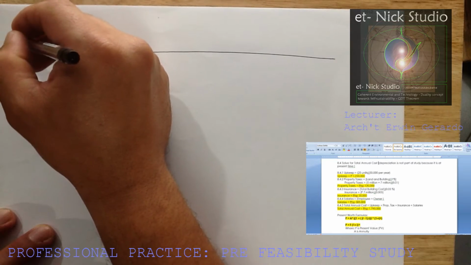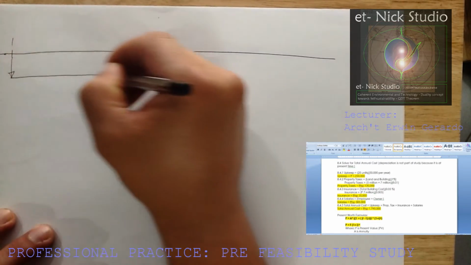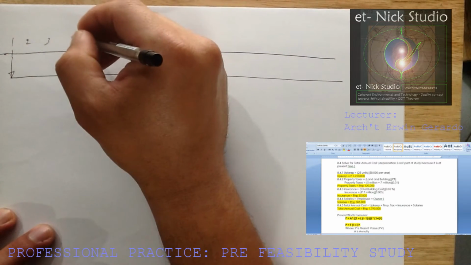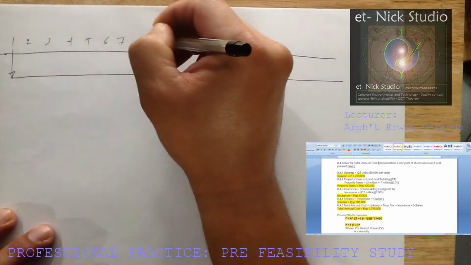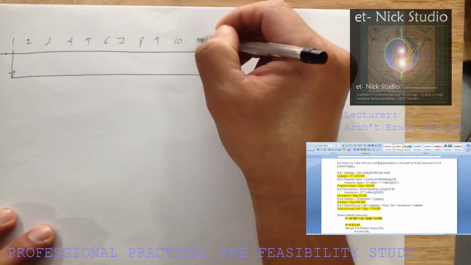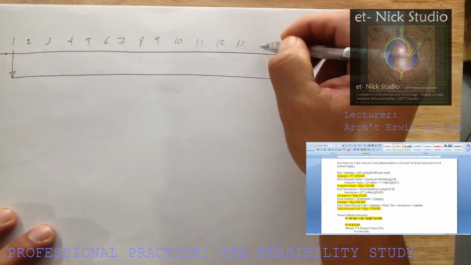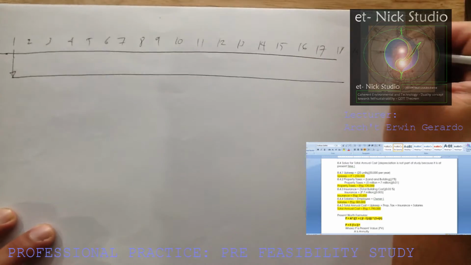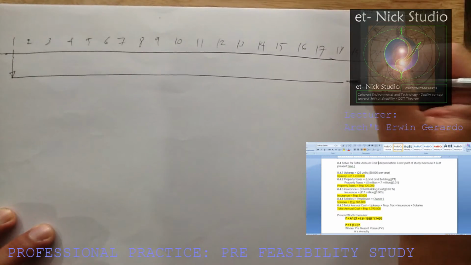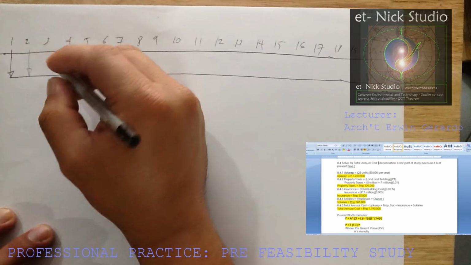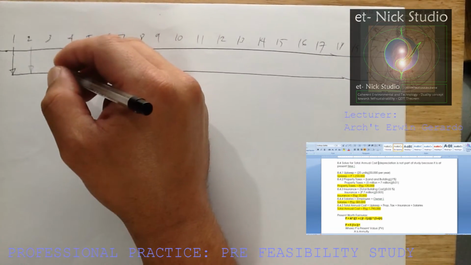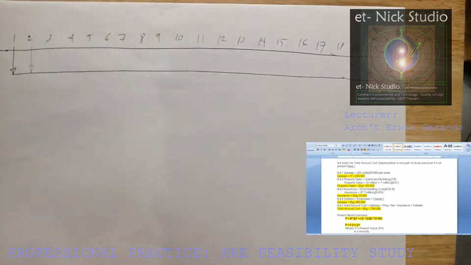So from the beginning of the period for 1 year, all throughout till the 20th year, we have for the upkeep,